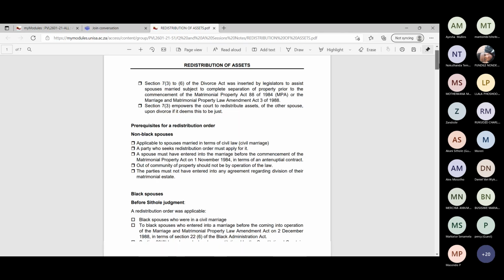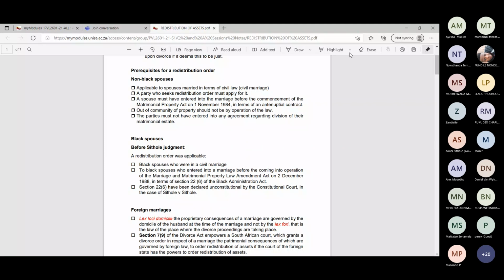And then secondly, there is a difference between black spouses and non-black spouses. In the summary, I have divided it so that non-black spouses include white spouses, Asians, coloured, Chinese, any spouses who are not black people. And for non-black spouses to qualify for redistribution of the matrimonial assets, firstly, they must have been married in terms of civil law, and then secondly, they must have gotten married